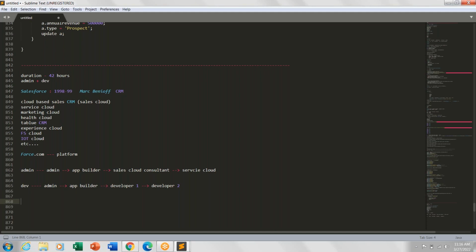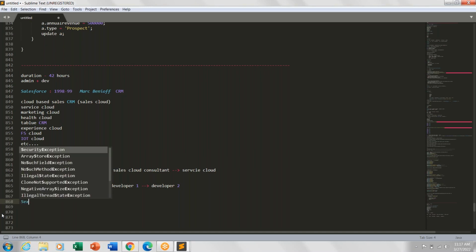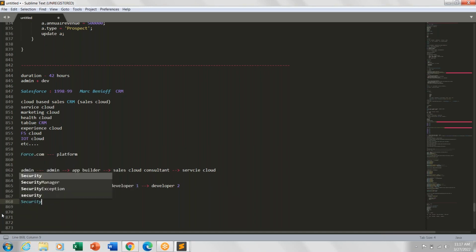Okay, now the next thing we go through is security. Being a cloud-based system, security is one of the concerns, right? Because you are putting your data and your transactions are not going through your own servers, right? Okay, so before even going to security,